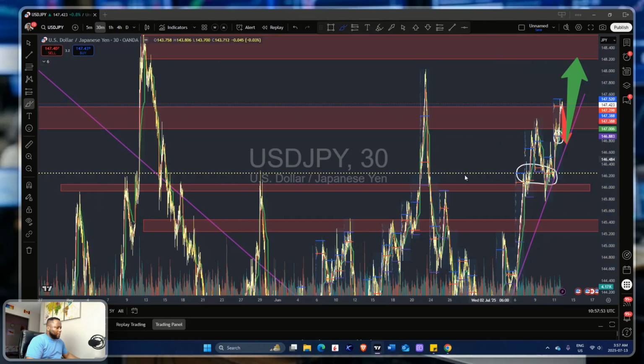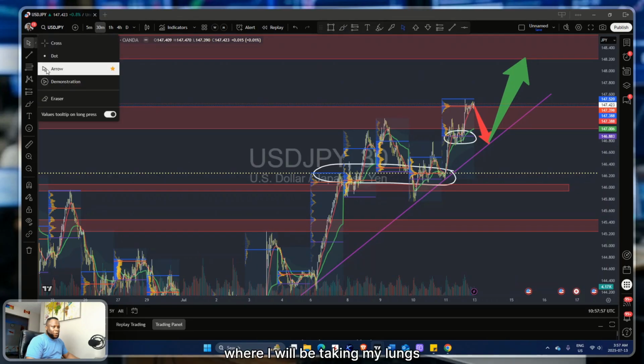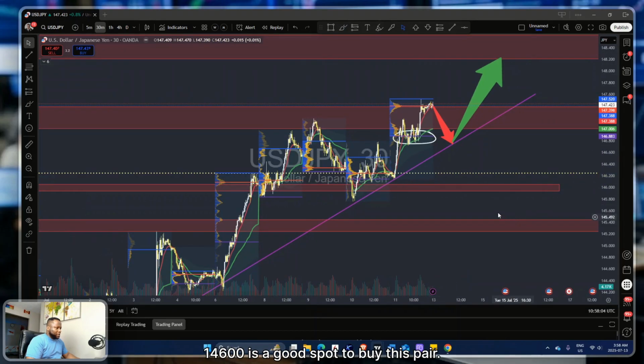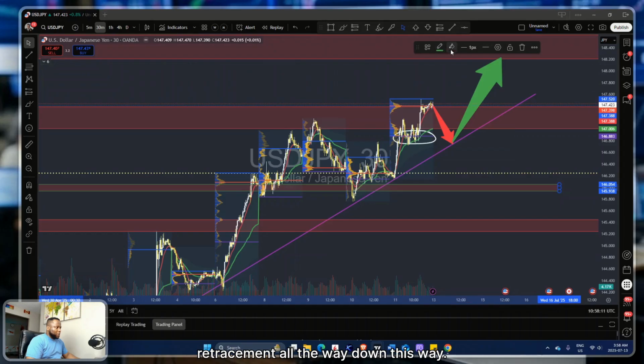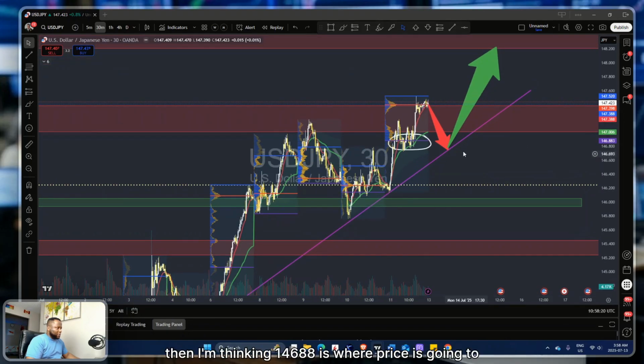So I'm looking at price to retrace to that area where I will be taking my longs and targeting the next resistance up here. So put it on your chart, 146.00 is a good spot to buy this pair. That is if price during this coming session is to retrace all the way down this way. Okay. Now, if we don't have retracement for this pair, all the way to the 146s, then I'm thinking 146.88 is where price is going to stay. If price is to break this area,